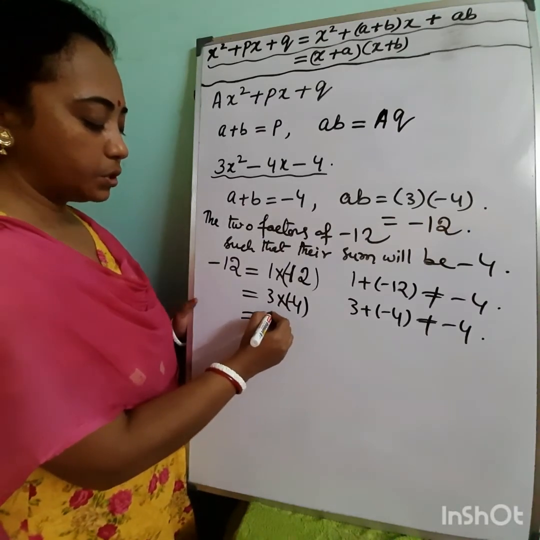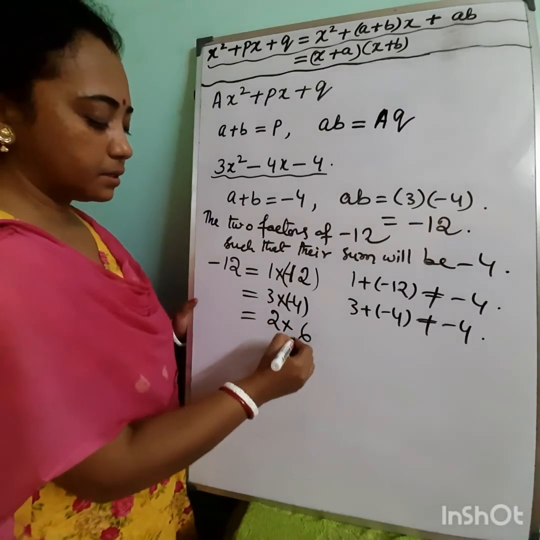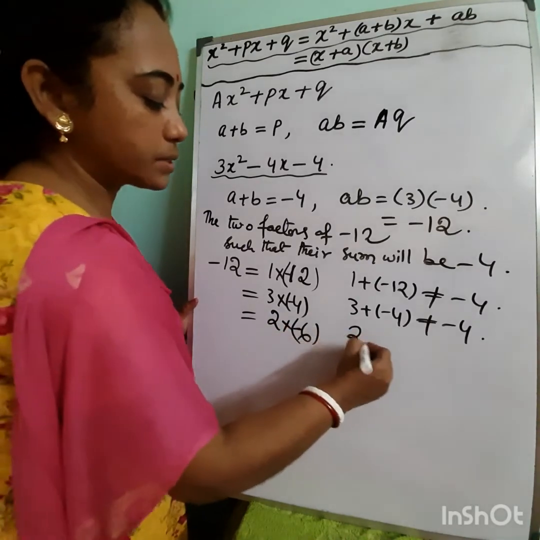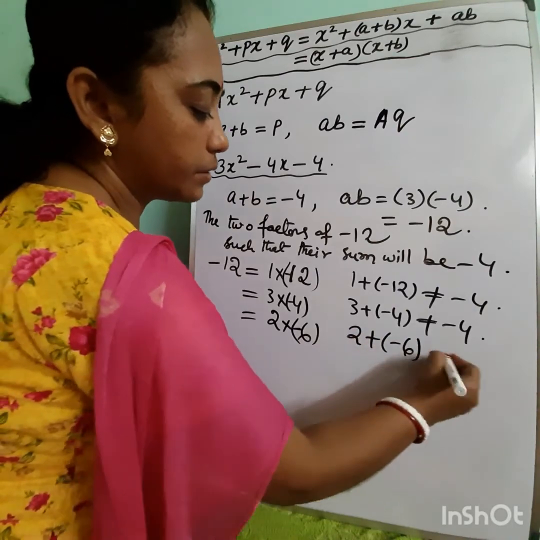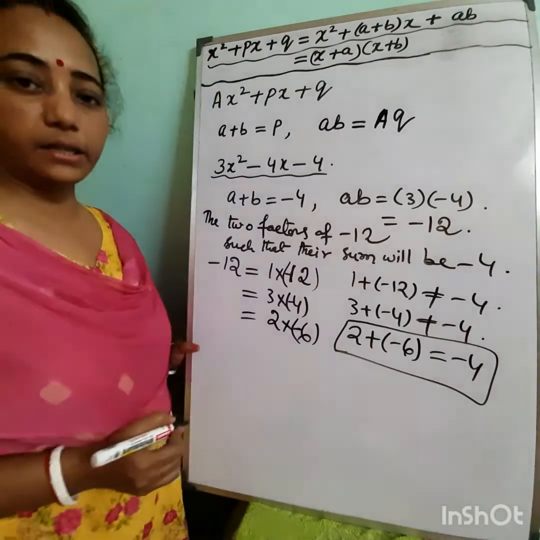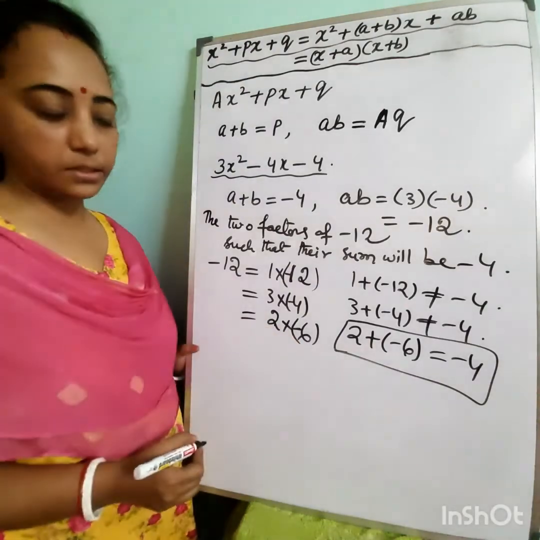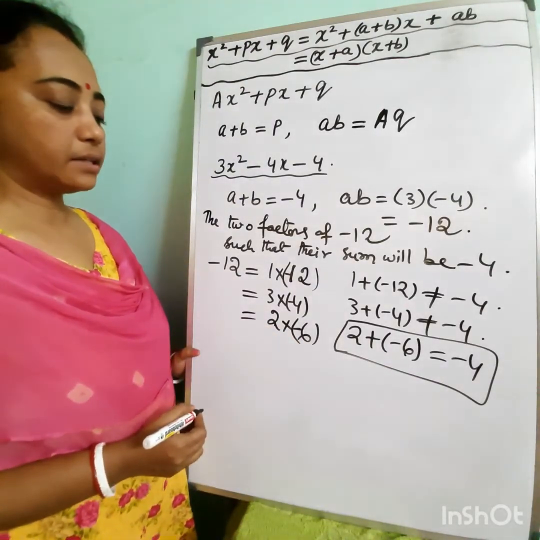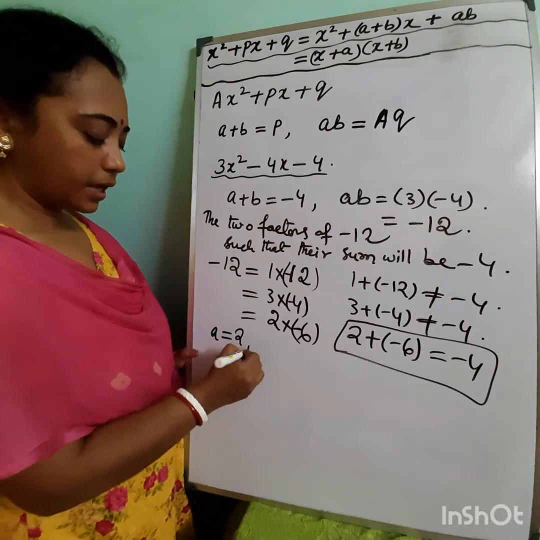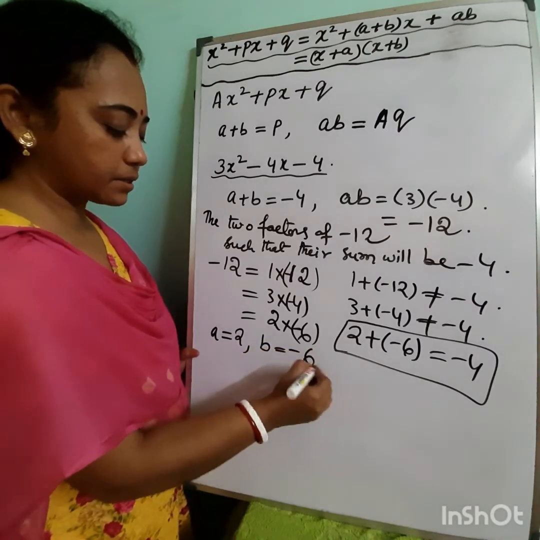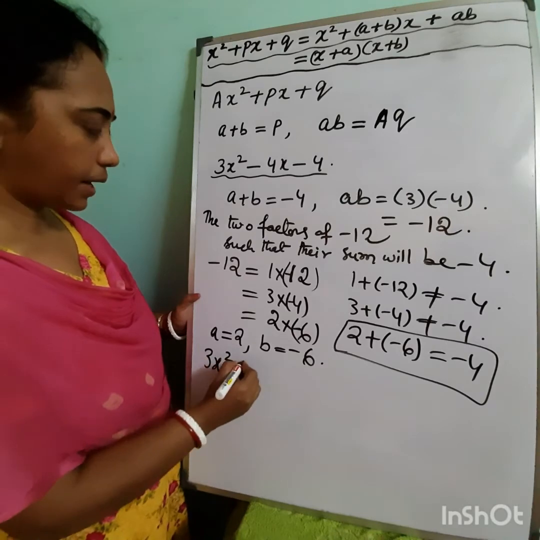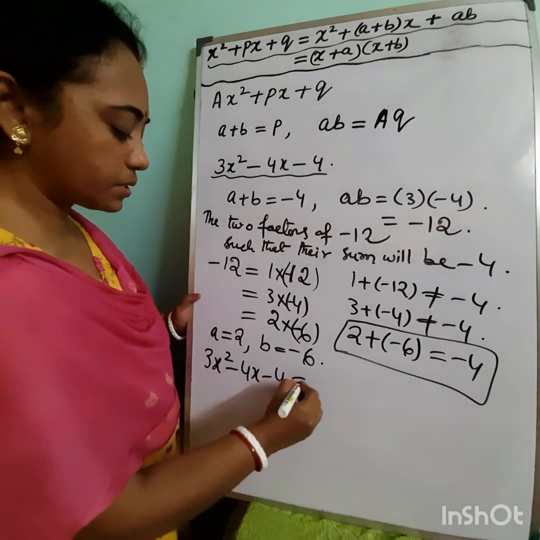For example, 2 multiplied by 6. Here we take 6 negative because 6 is the greater number. So 2 plus minus 6 will give minus 4. So we are getting the sum as minus 4 when we take the two factors as 2 and minus 6. So we take a is equal to 2 and b is equal to minus 6. So the given expression becomes 3x square minus 4x minus 4 is equal to